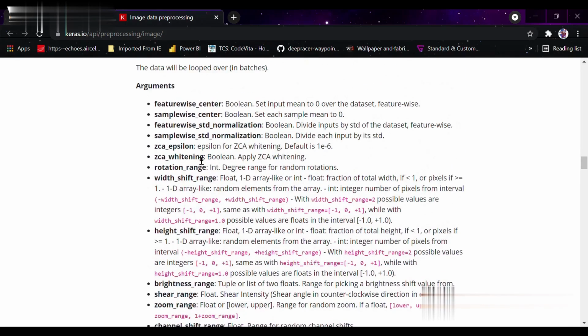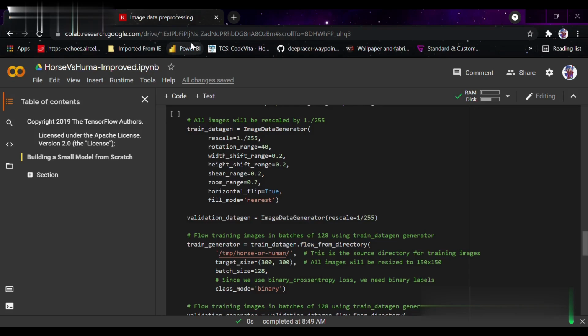For now, if I tell you what is rotation range, it is the degree for randomly rotating the image and seeing how the model should train if the image comes rotated. Just imagine if I want to train my model on horse and human images, and then at testing time I get an image which is in a rotated view, that is, it is 30-degree rotated to the right, then my model won't be able to recognize the image if I don't provide this line, that is rotation range equals 40, so that the model trains on rotation angles also.